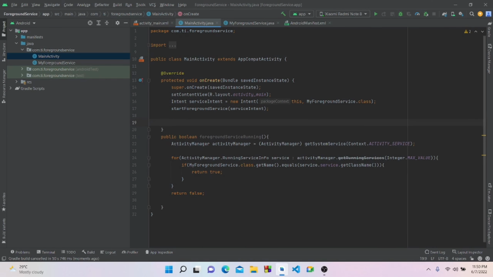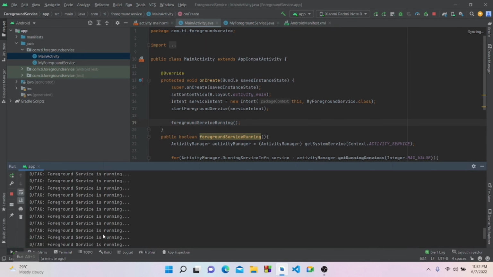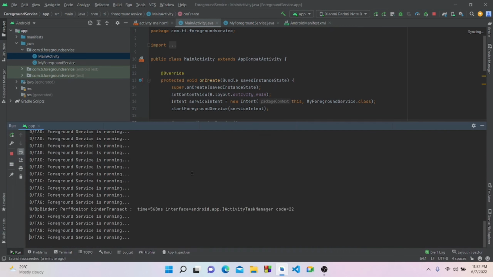Okay, now we will call the foreground service running function. Now we will run the app. It might take some time. Okay, as we can see, our foreground service is running well, but it will not work after the user reboots